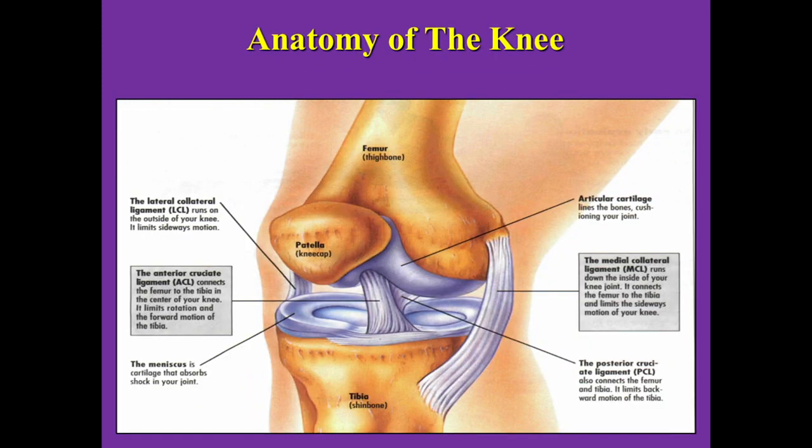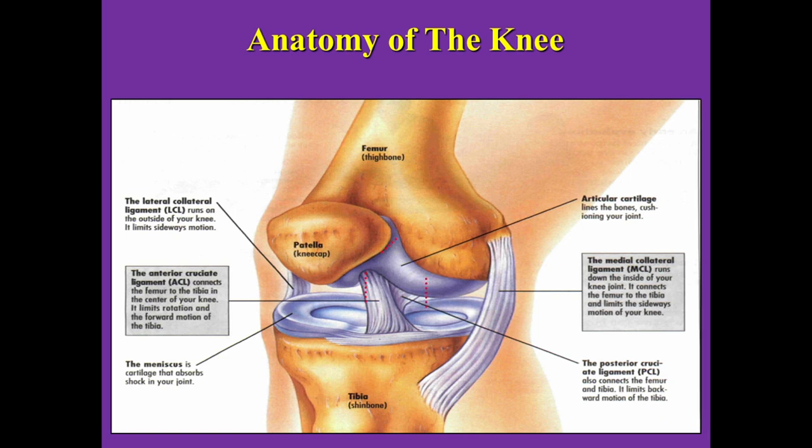The anatomy of the knee joint. The knee joint is a knee complex which mainly consists of the thigh bone, tibia and patella. The lower part of the thigh bone, the upper part of the tibia and the patella create the knee complex. That is the anatomy of the knee joint. The next slide describes